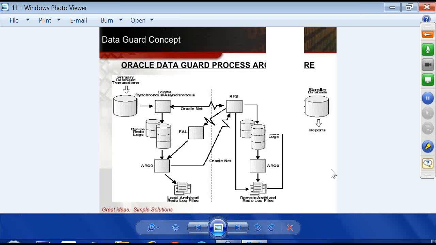And as you see there, there is one thing which is called FAL, which is called fetch archive log. So that fetch archive log will be done to the DR site, and those archives will be transferred to the DR site, and the RFS process will take all those archives to standby redo logs, and from standby redo logs the MRP process, if it is a normal standby database, then the MRP process will apply those archives to the standby database, and if